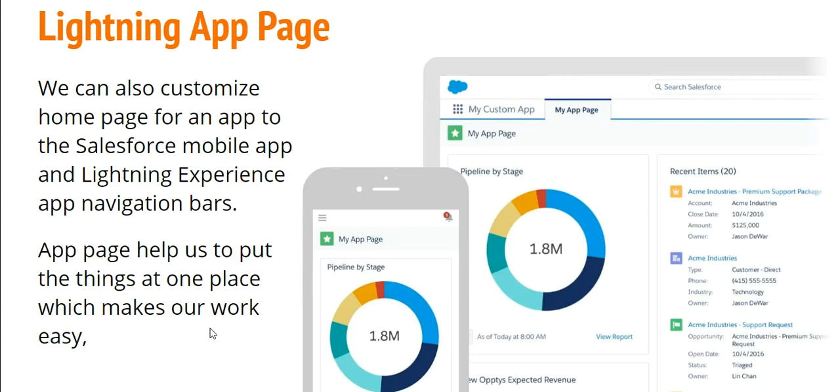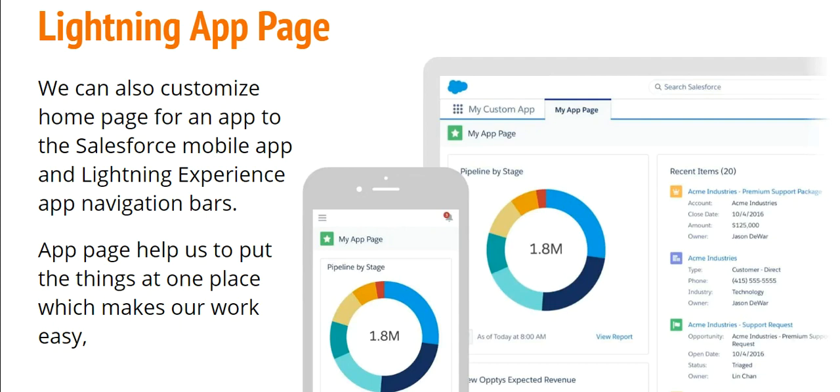So let's talk about what is an app page. An app page is a one-page app for Lightning Experience and mobile, and it's used for internal or third-party apps. So we can put apps together on a single page, and it's very useful for custom Lightning pages that work together.